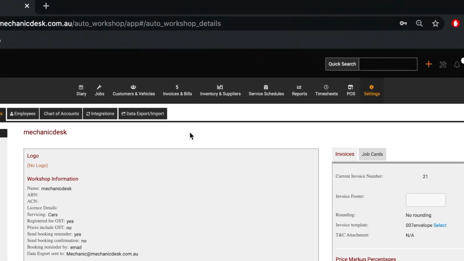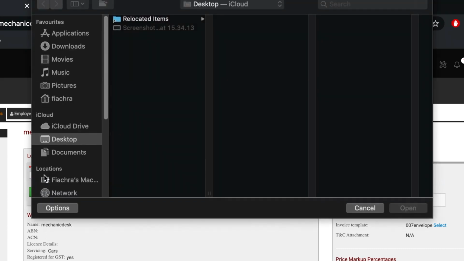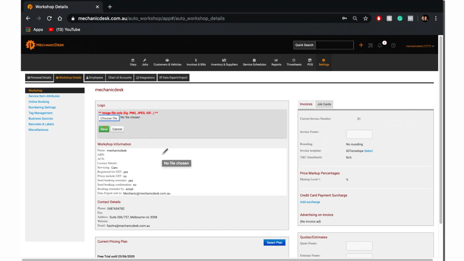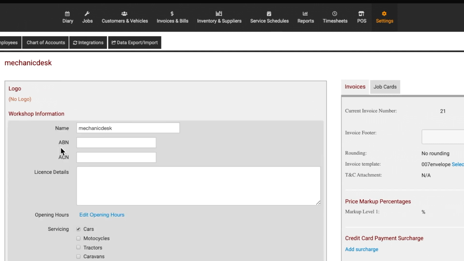To add your logo, click on the logo link here. Select Choose File and you will be able to select an item from your computer's drive. Once completed, click Save. For workshop and contact details, please select the Workshop Information section here and enter in your